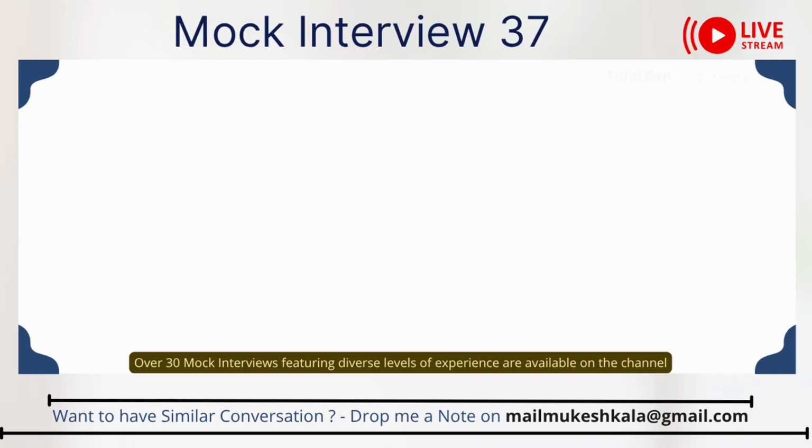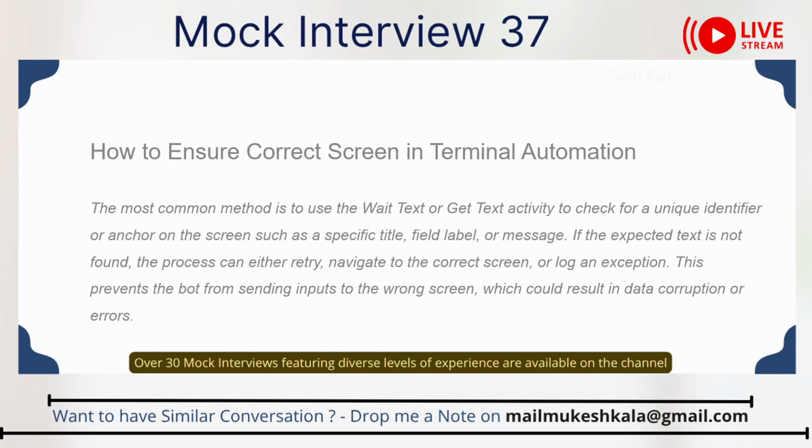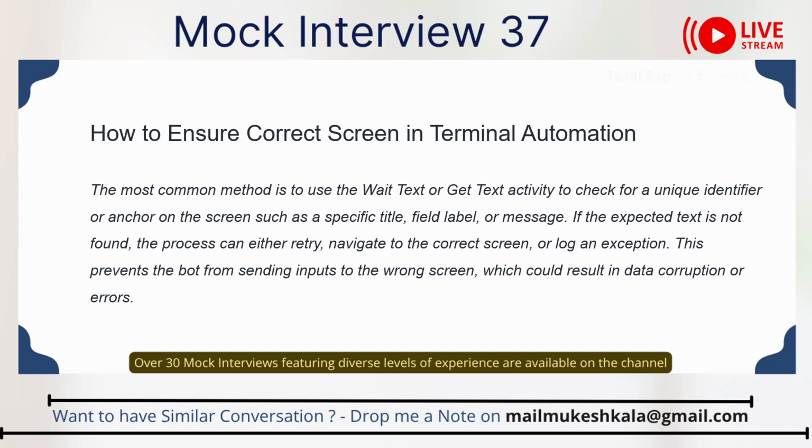Okay, no worries. Let's talk about the AS400 terminal. You are using the terminal activities, right? One of the major problems with terminal activities is that we have to find out whether we are on the correct screen or not. AS400 has multiple screens and you are doing a lot of processing. So before I do anything on AS400, I need to make sure that I am on the correct screen. How in UiPath are we able to know that we are on the correct screen of AS400?